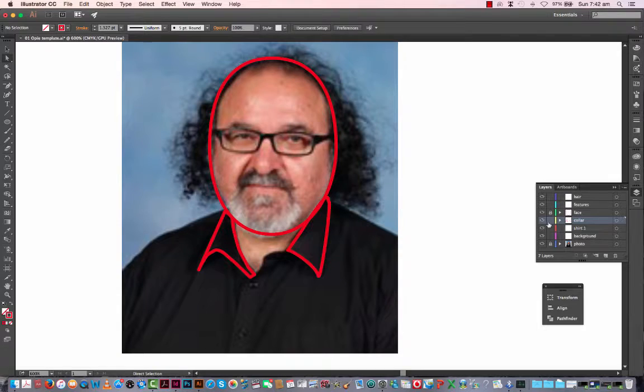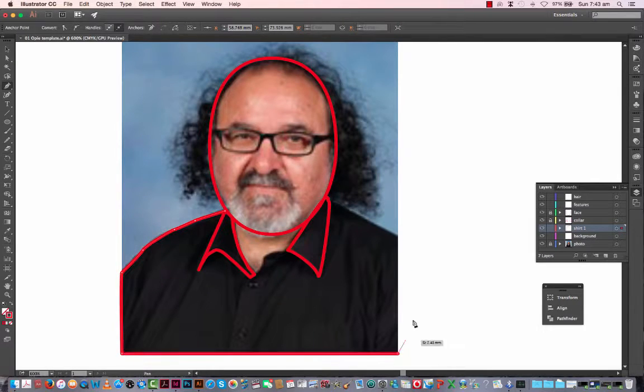Let's lock the collar. Let's do the shirt. Now the shirt body, as opposed to the collar, will be below the collar. I'm going to go under the collar because this won't be seen later. I'm going to intersect it here, and I'm just going to finish it off by going back up,